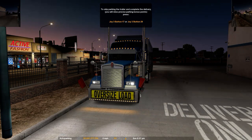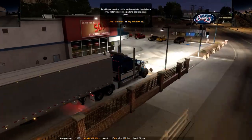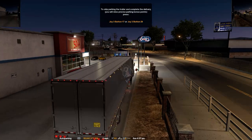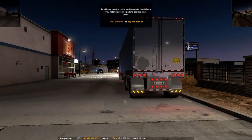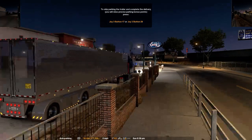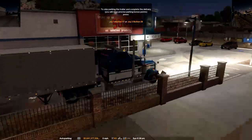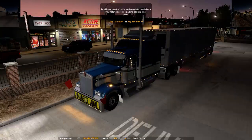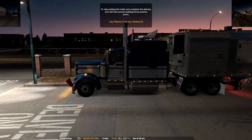Now I finally got it backed up. I didn't hit one single car, as tight as this parking lot is, because this is like the smallest parking lot I've ever parked in. I didn't hit any cars and I didn't hit any signs. But I got this backwards. My truck should be facing the other direction in this parking lot. So I can either pull out of the parking lot, go up there into that empty lot and turn around and come back, or I can just set the